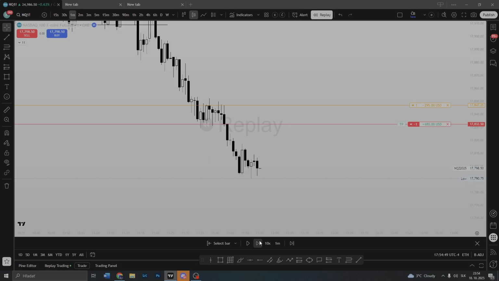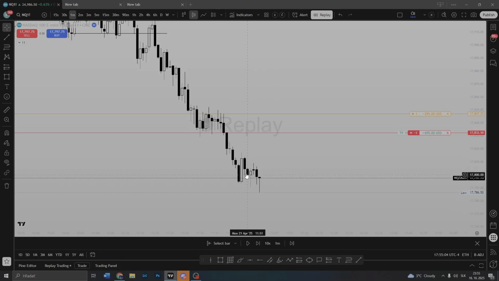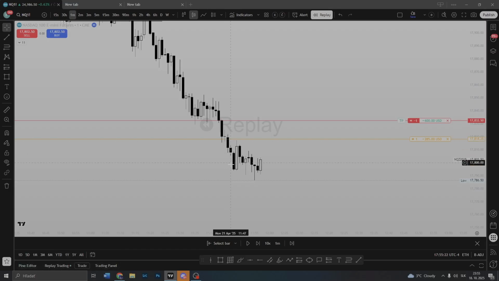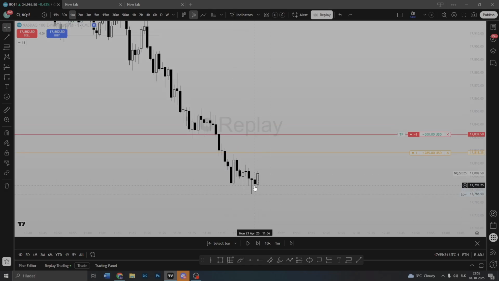Little accumulation. We are souping the lows. Also, we can put our stop loss right now at this candle high. Why? Because right now we are not able to strongly close below it, and if we do, this could as well just be soups, and then we'll expand higher. So we can right now put our stop at the candle high of 11:49. We soup internals here, soup internals right here, another soup,